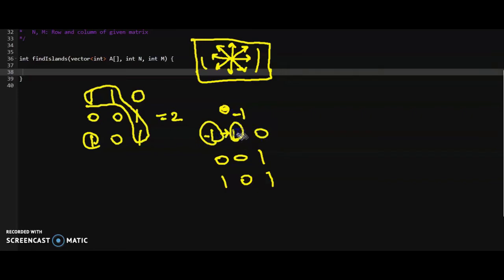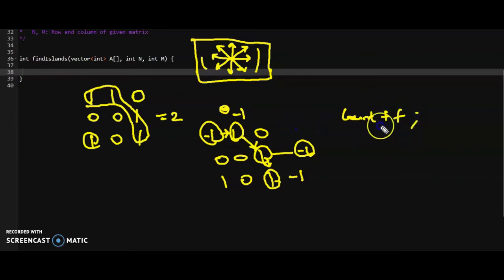There is no 1. If I find any 1, then I will jump to that position and make it -1. Again I will check all the 8 positions. If I get any 1, I will jump to that position and change it to -1. And similarly, if no 1 is found, then we will backtrack. We will check all the 8 positions while backtracking, maybe there is another path, so that's why we are backtracking and checking all the 8 positions. And if none is found, we will simply do count++.